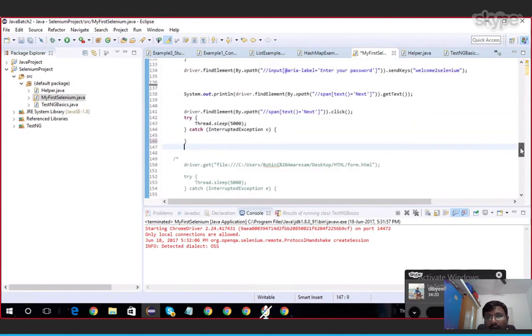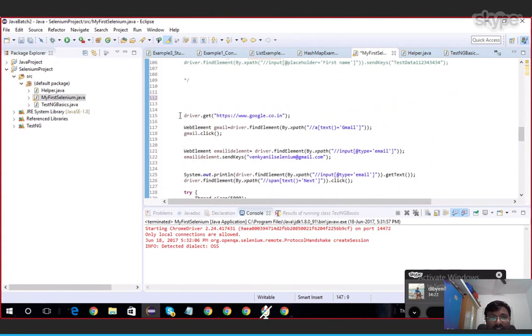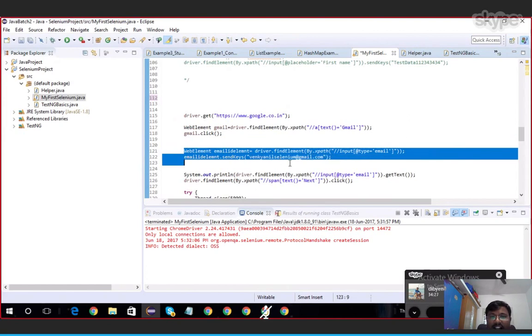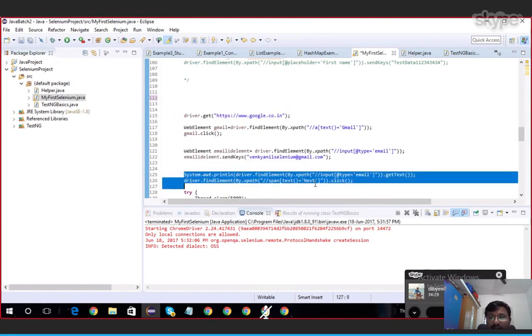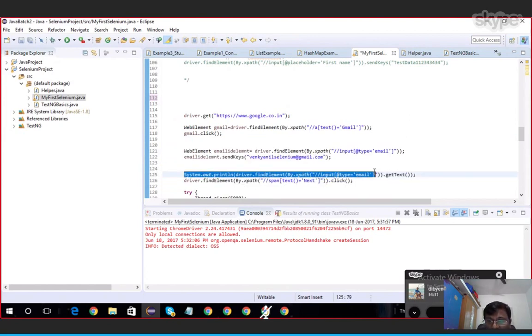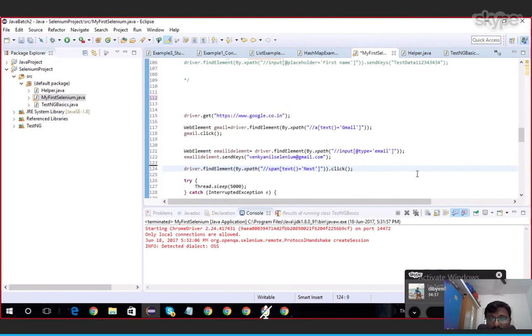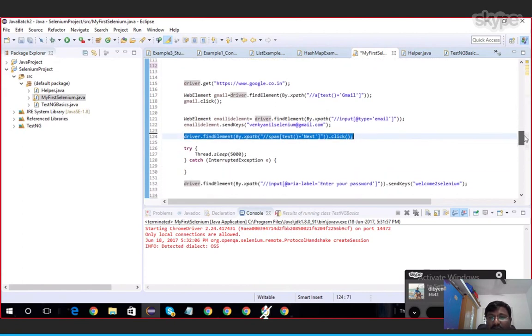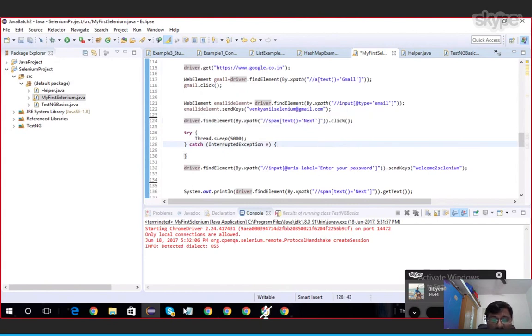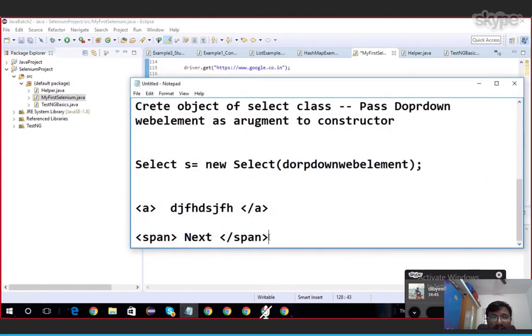See here what it will do. First launching the Google page and then clicking on Gmail, entering the Gmail ID, and after entering the Gmail ID, we should not read data from the input field. Next, clicking on next. Generally we use getText if it is having tags like this. Input is not like that.